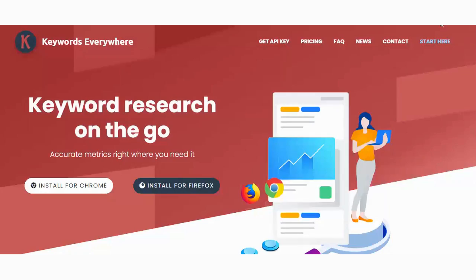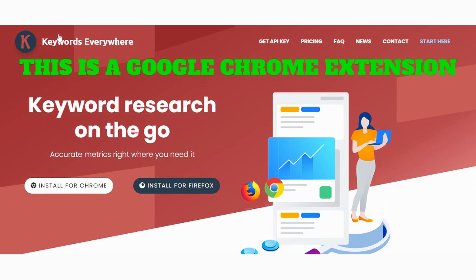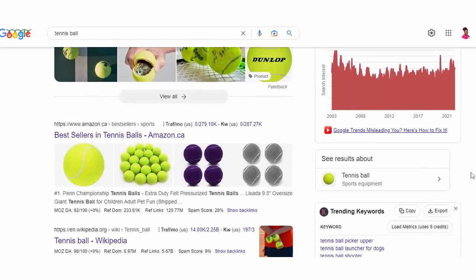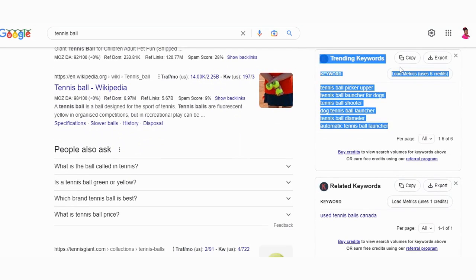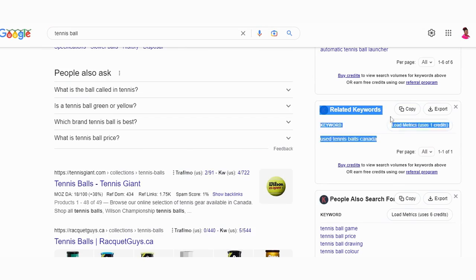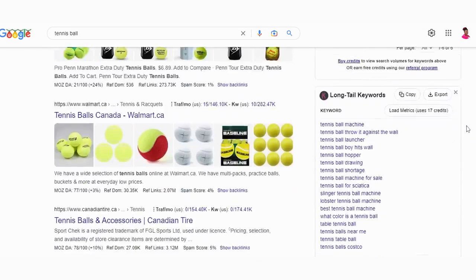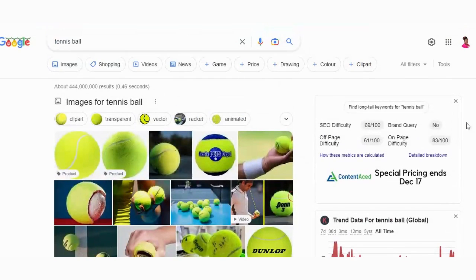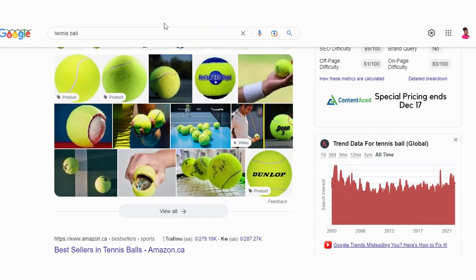Another tool that you can use to validate your idea is keyword research tools. When you put in the keyword, the product that you want to sell, and type it in, it's going to show you the search demand of that product. So let's say, again, going back to the tennis ball, it'll show you how many people are really typing in and trying to search about tennis ball. What is the demand on this product that you want to sell? And that will save you so much money, because it's going to tell you if anyone is interested in that product, and tell you the volume of searches for that product.